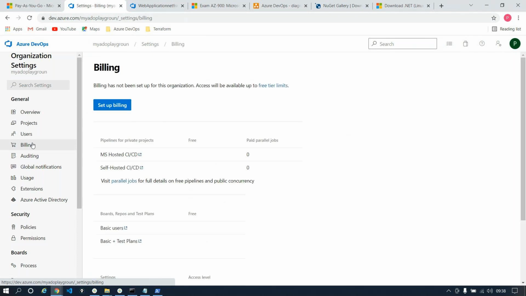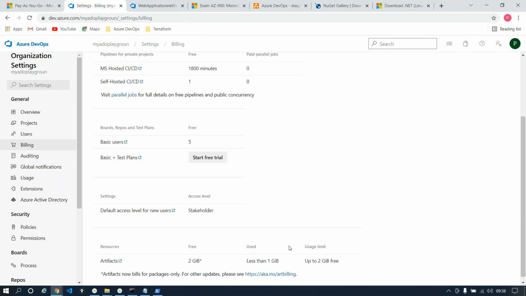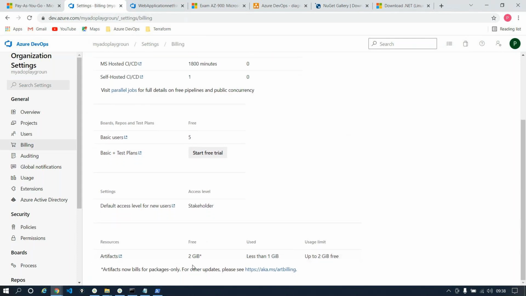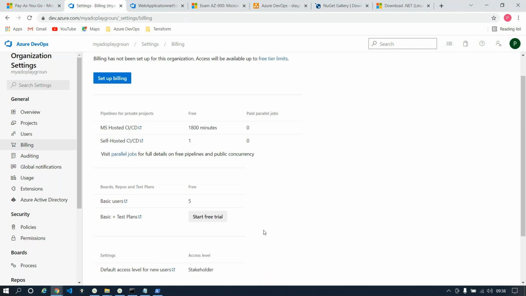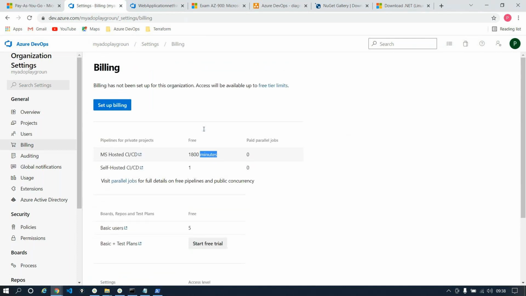So there is no time limit as such. It's just that I have a free license out here, and I have a limit: in the artifacts I can only store about 2 GB. I have less than 1 GB utilized. And it's giving me around 1800 minutes of the Azure hosted agent capability and so on. But when you go for a paid account, meaning a different license type like Basic plus Test Plans or Visual Studio subscriber, if you look at the documentation, it's going to tell you